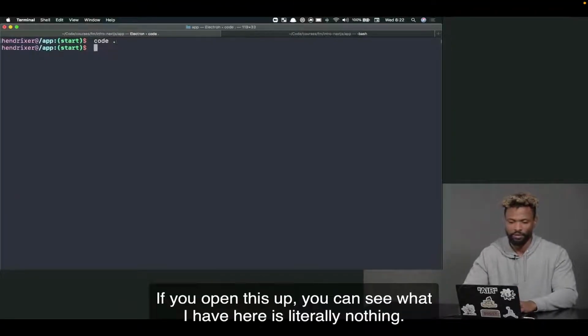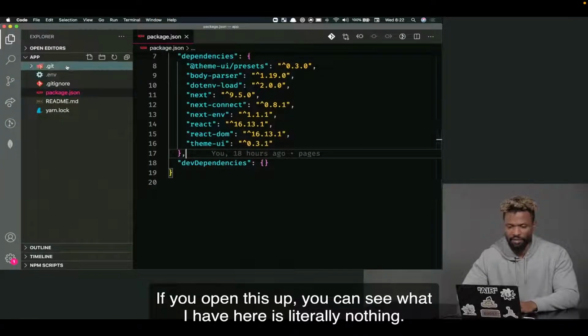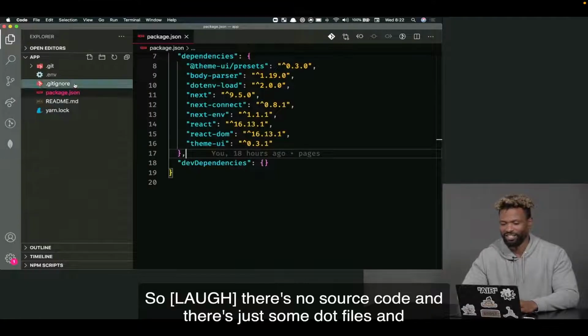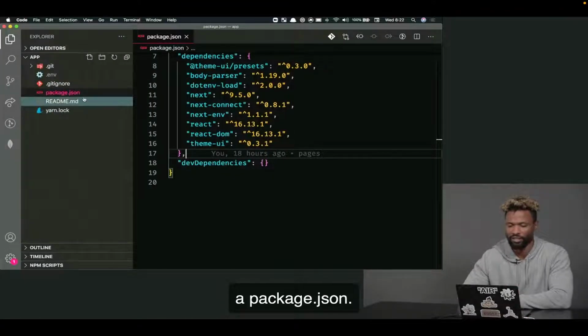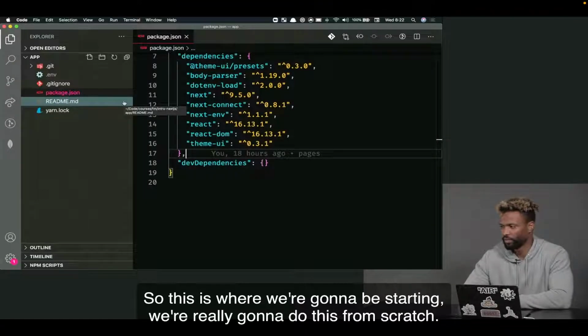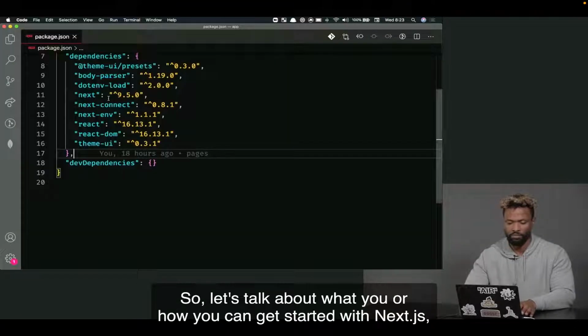If you open this up, you can see what I have here is literally nothing. So there's no source code in here. It's just some dot files and a package.json. So this is where we're going to be starting. We're really going to do this from scratch. So let's talk about